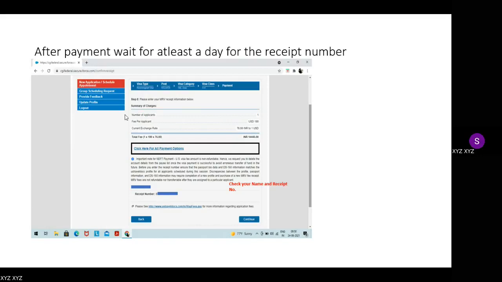Once the receipt number is generated, you can schedule your interview. So after paying the amount, you have to wait for a day at least.